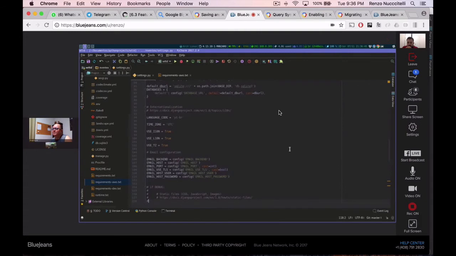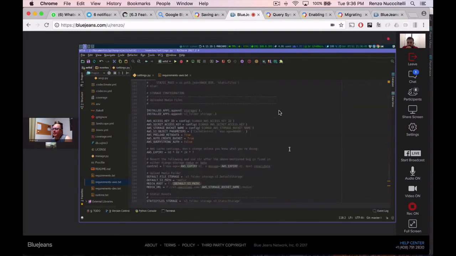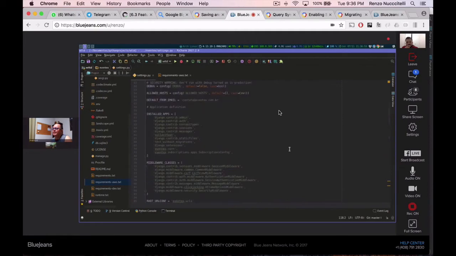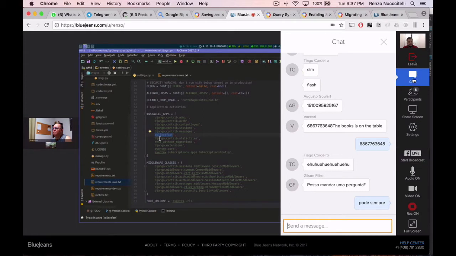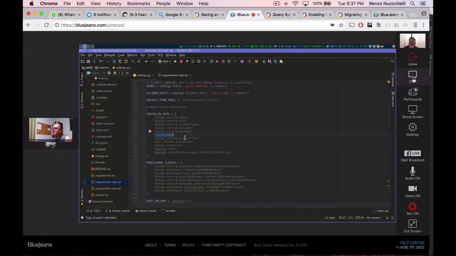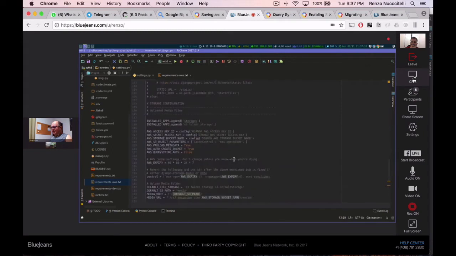But after this configuration, okay, I put here, and now I need to put here, because collectfast needs to stay above the django.contrib.staticfiles. It's necessary to put the app collectfast here in the installed apps. Okay, and on this end here, the AWS preload metadata and